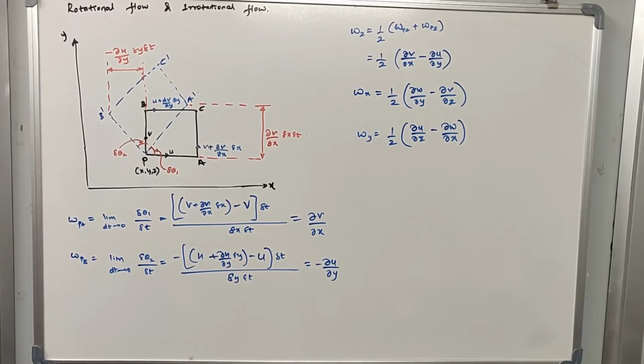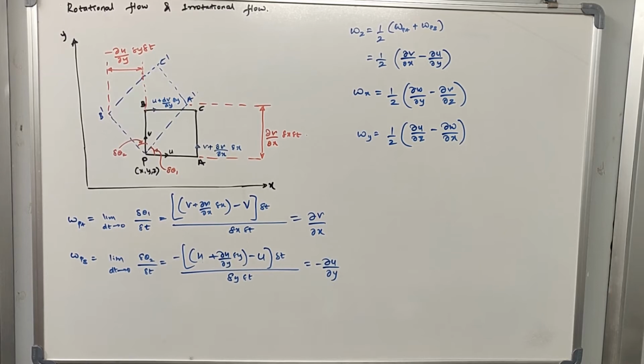So here we are going to discuss rotational flow and irrotational flow. While discussing the different types of flow, which are steady flow, uniform flow, non-uniform flow, laminar flow, and turbulent flow, sir had also given you this type of flow which is called rotational and irrotational flow. Let us go with the definition that was given to you. Let us try to understand what is rotational flow and what is irrotational flow.